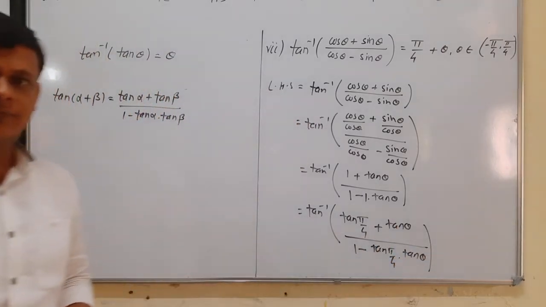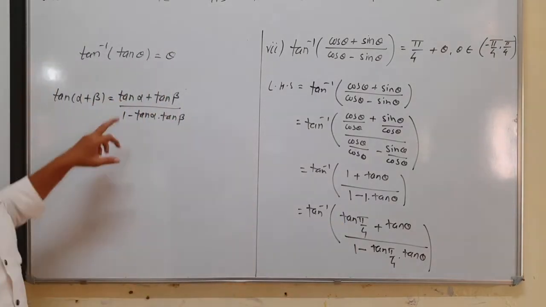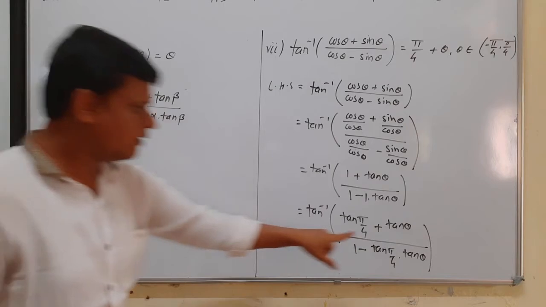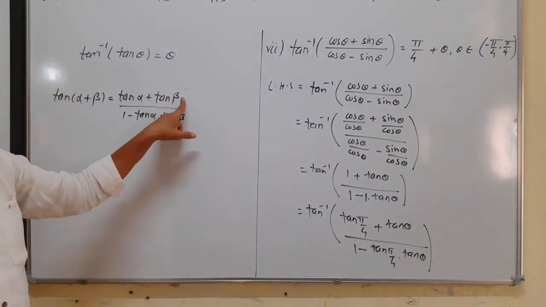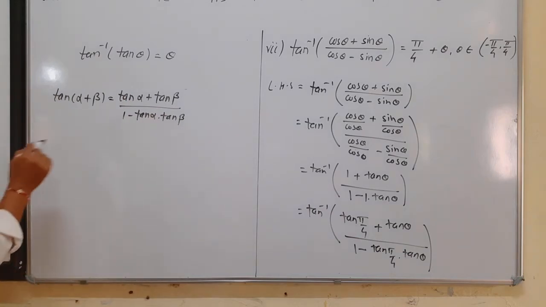Now if you observe and compare, with tan pi by 4 in place of alpha, tan theta in place of beta,